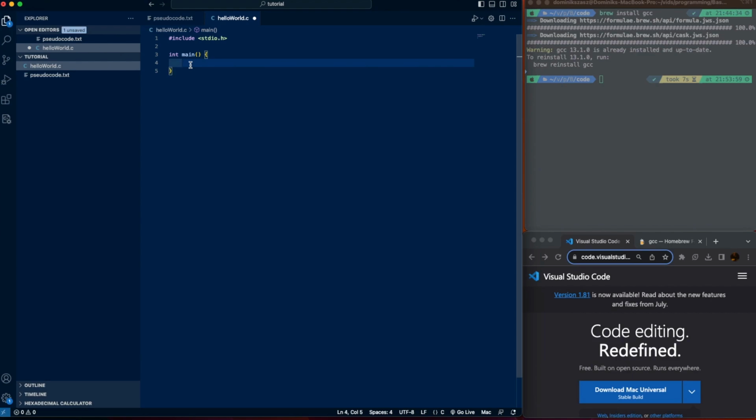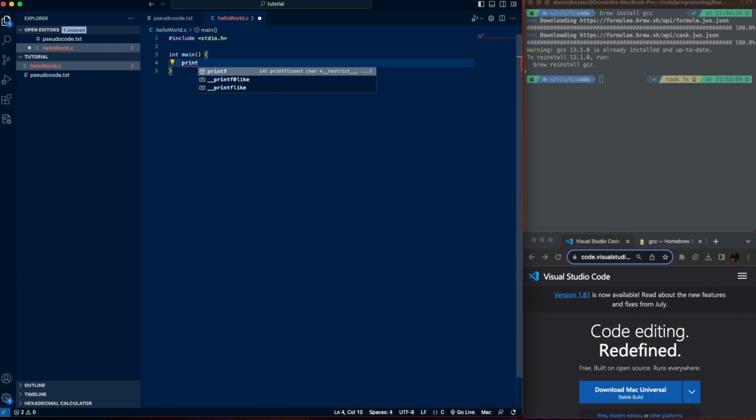There are some exceptions, which I'm going to talk about later, but for now, just know that you have to write it inside the curly braces. Then we'll have to write print, and print statements are what put something onto the screen,